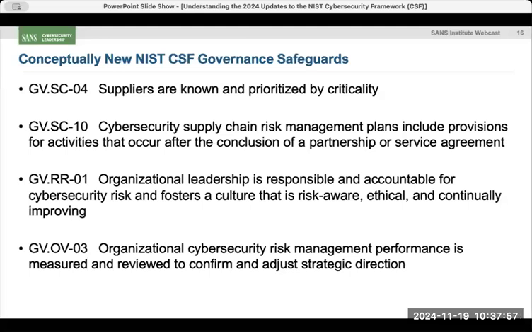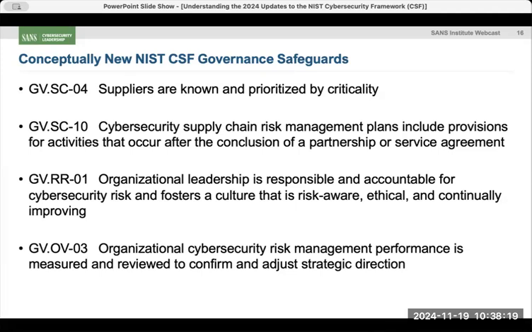The NIST CSF, 800-171, and the CIS Controls: it is very clear that the authors, and I can tell you from behind the scenes, the people who are on the committees for those three documents are definitely well aware of what the other groups are doing. And so statements like this, you'll see sometimes show up in unison across those, which is kind of an interesting example.